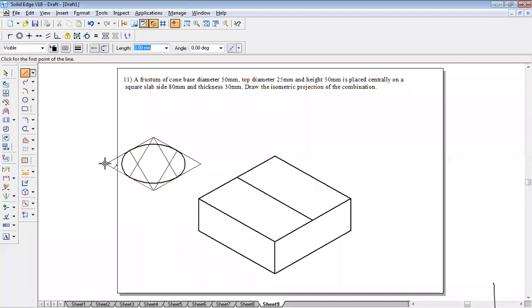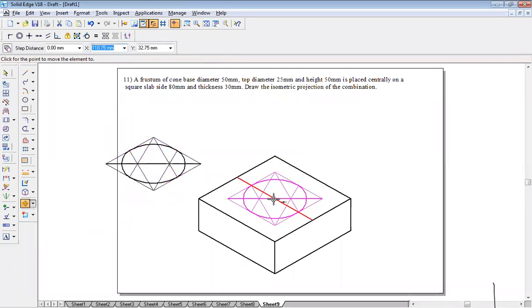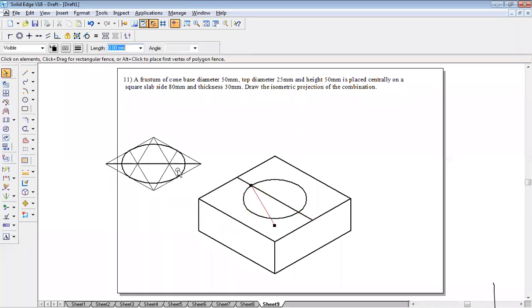Okay, now midpoint. This has to be on the midpoint, right? So select the entire thing, go to move command, switch on the option, let the option be on. This one should fall exactly at the center. Okay, then let us delete all these unnecessary things I don't require. Now what is the axis length we want? Height is 50. So go to line command, midpoint, axis length is 50, type 50, enter.